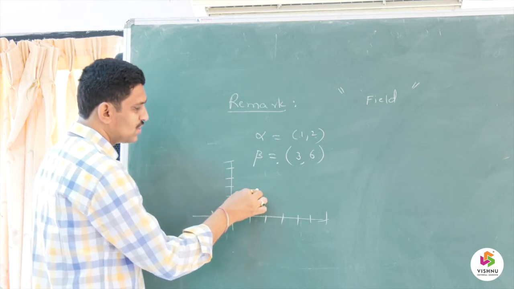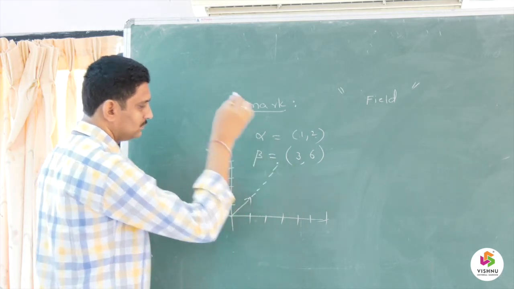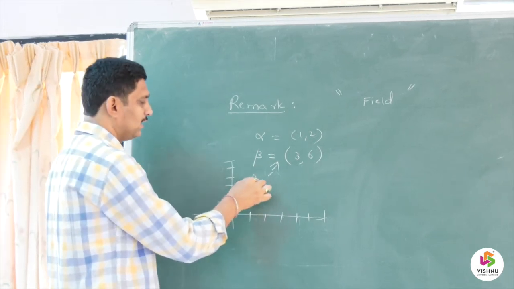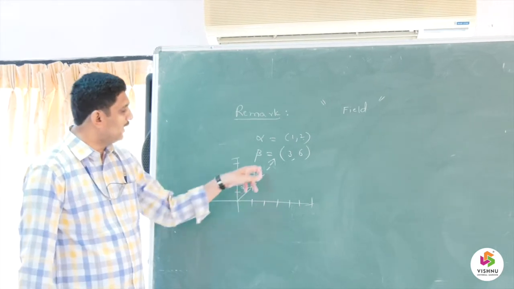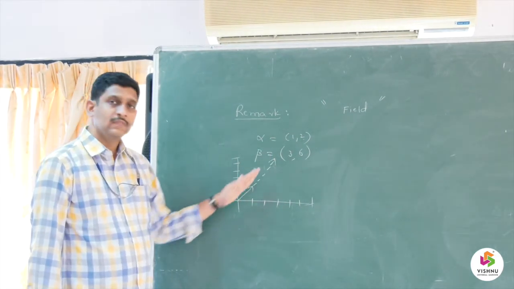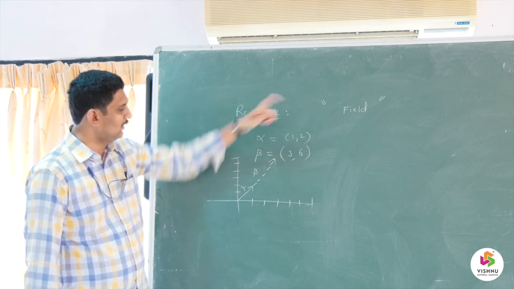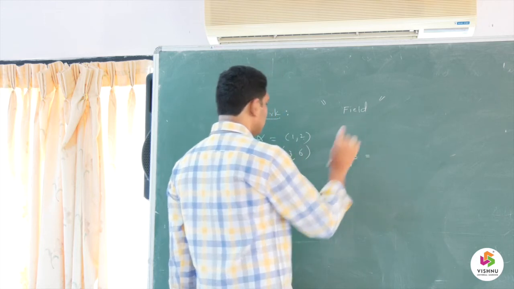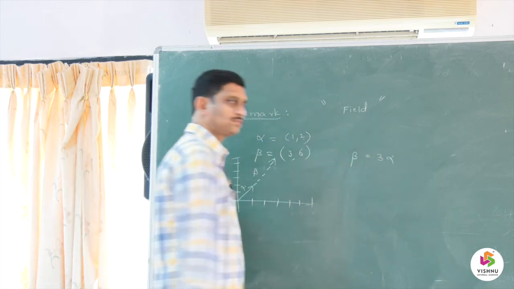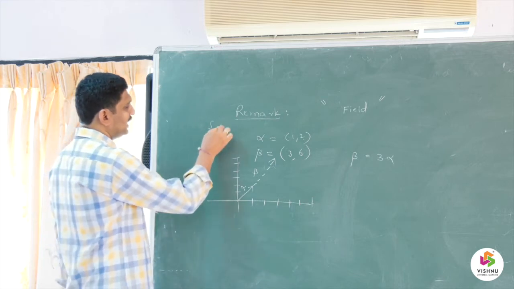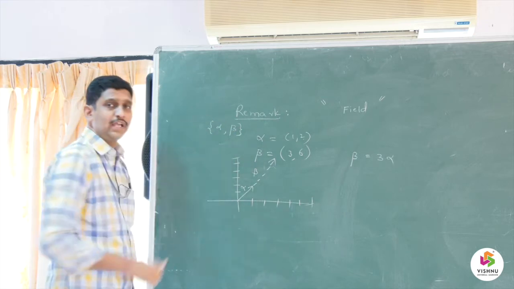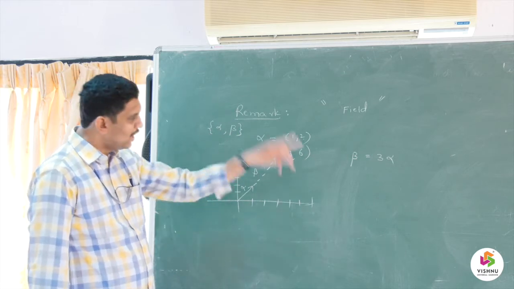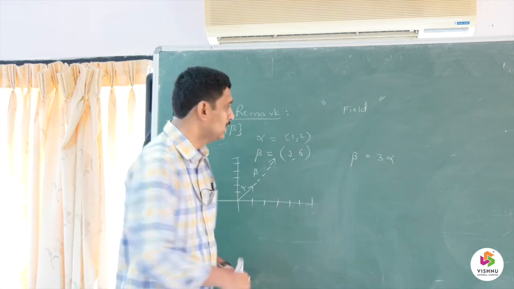So if you consider this is the extension of the vector, this is alpha and this is beta. So alpha and beta lie on the same line. In fact, if you stretch alpha, it is nothing but beta. So what happens? I can write beta is equal to 3 alpha. So whenever I take the set alpha comma beta, a 2 vector set, I have represented one vector as a multiple of the other vector, right?